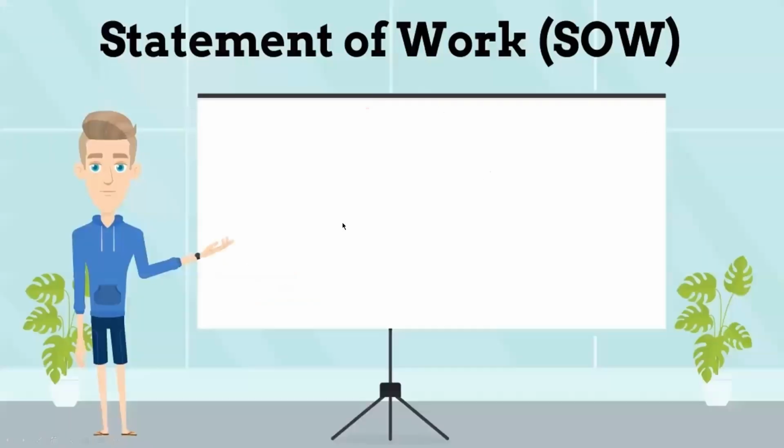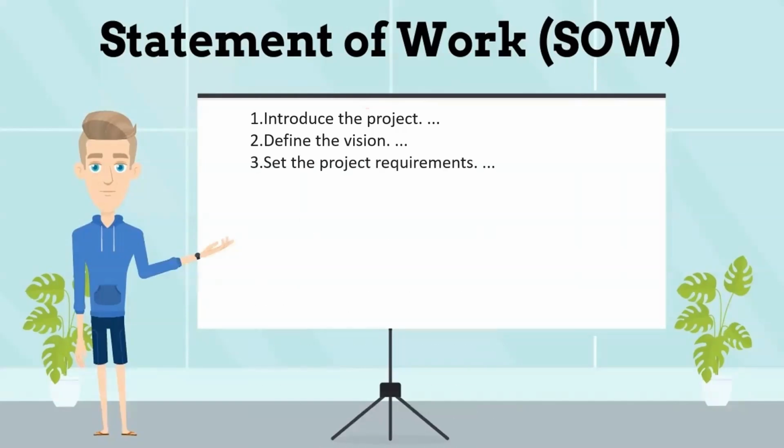So I'll explain about the SOW, statement of work. The architect will give an introduction on the project, what this project is about and what kind of implementation we are going to perform. Then the vision, the objective we are going to meet after doing the implementation, because it's for a customer requirement, to run their application. So the vision will have those details. Then project requirement,